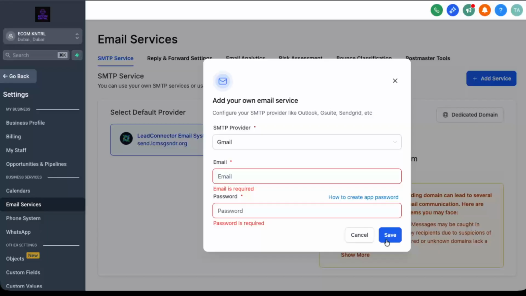This might be a prompt asking you to confirm that it was you who tried to sign in, or a code sent to your phone or backup email. Follow the prompts from Google to approve the connection. Once that verification is done, your Gmail will be successfully integrated with GoHighLevel,